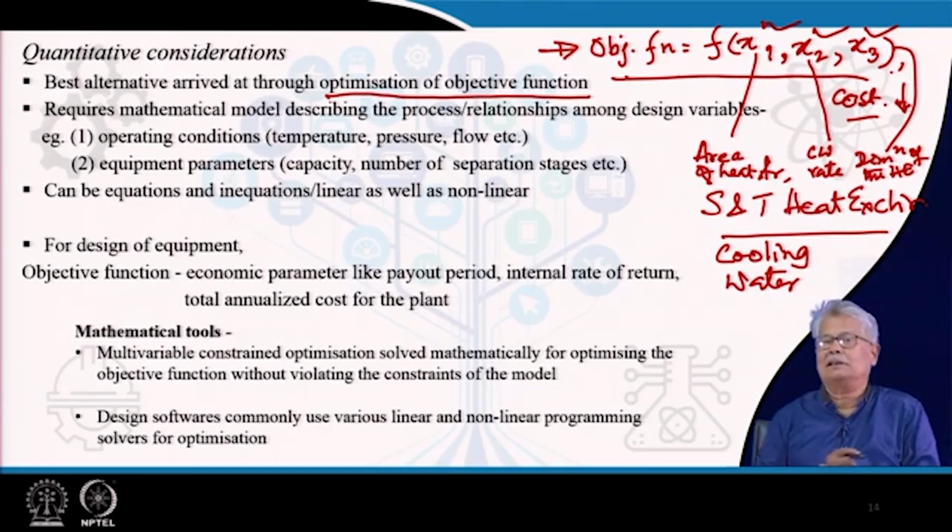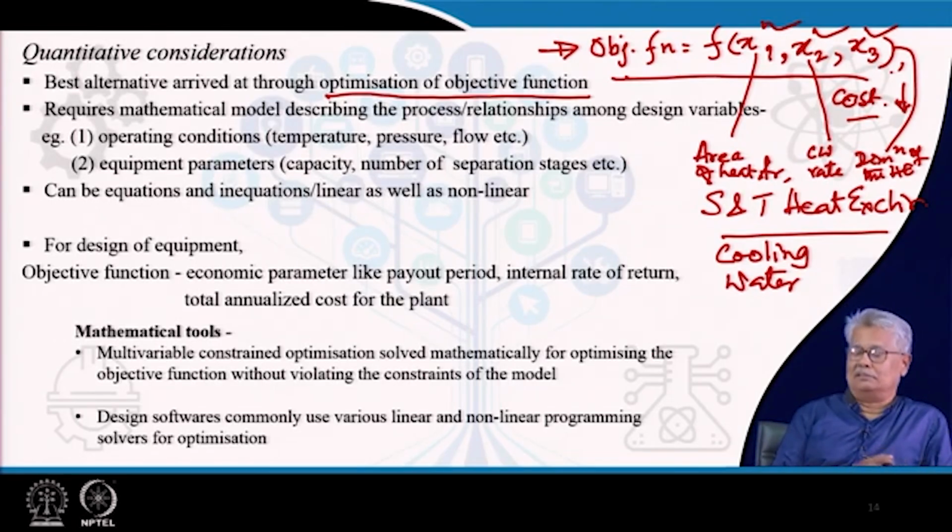Now, you will also appreciate there will be several constraints. What will be your constraints? The first constraint is the heat load. From 70 meter cube per hour of cooling water of kerosene being cooled from 90 to 40 degrees centigrade, a certain amount of heat has to be removed. So that's a constraint. If we are designing something where the maximum length of heat exchanger could be 3 meters,